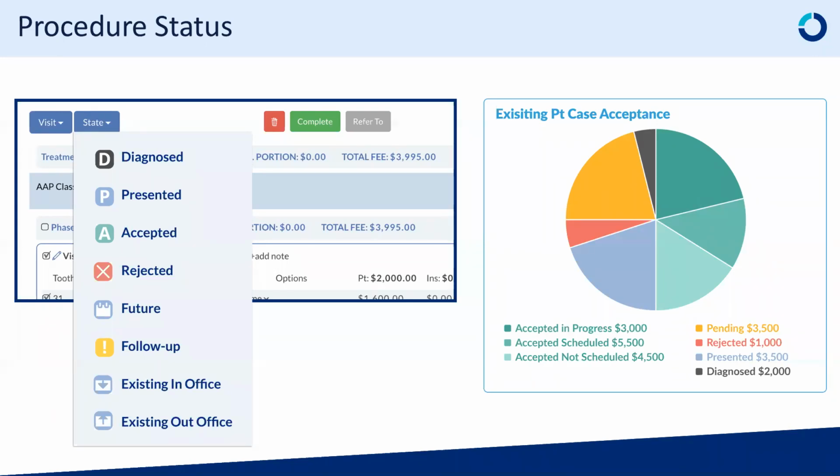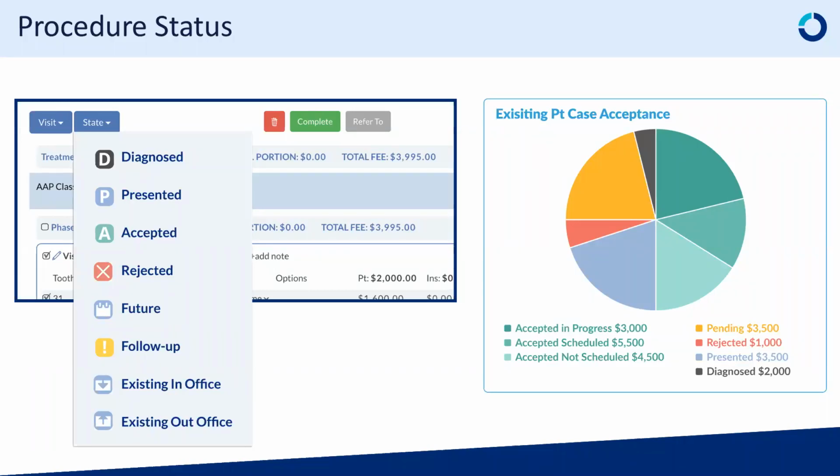Any kind of rejection that is a flat out no would be a procedure that you want to mark as rejected. You can track it in your potential acceptance rate, the wheel that you see on the right side, which we'll talk about in a second. It would be a nice way to track the potential loss due to rejection, and it's very nice documentation for the future. It gets automatically removed from the treatment plan procedure list, so it's not in your face and always jamming up your view. It gets automatically hidden in a separate section,